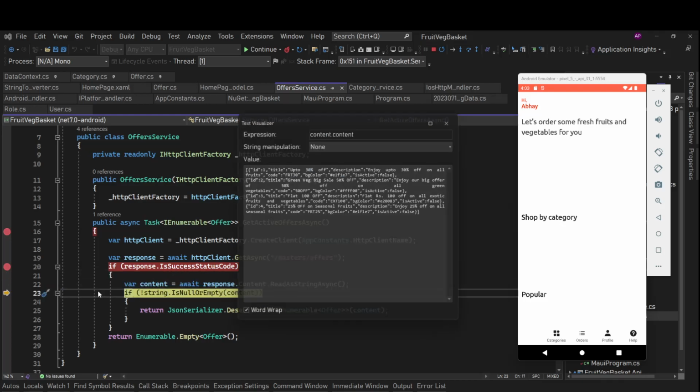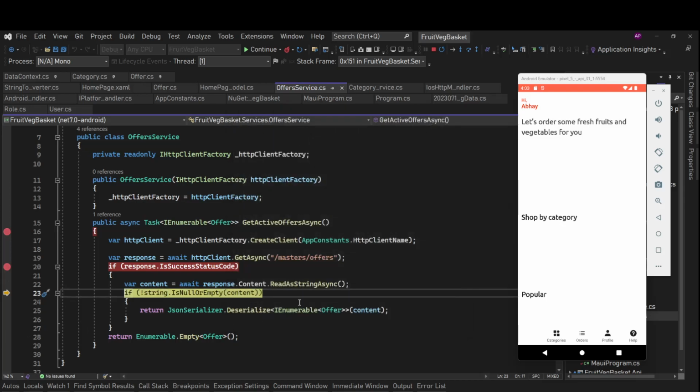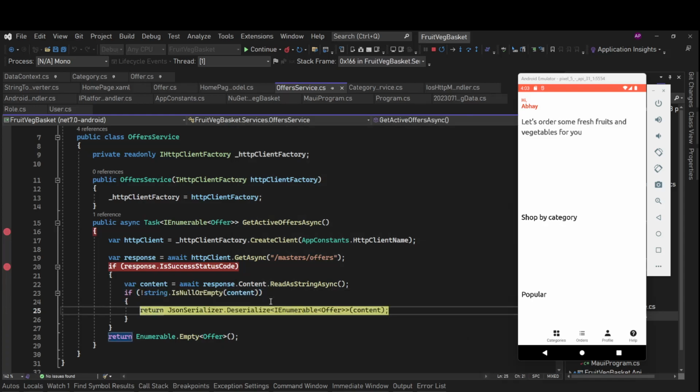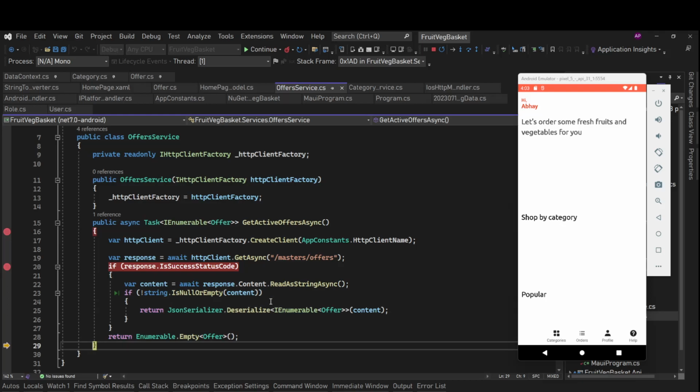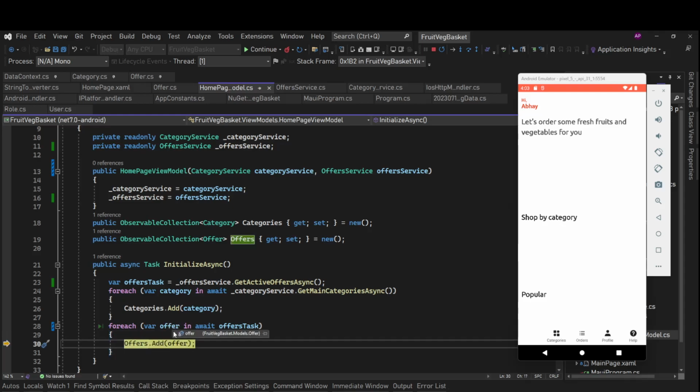And in content we can see the content, ID, title, description, where is color, BG color, we have this color. We have color for all the records, right? Then continue, continue, continue. We have this offer. Let's see what we have in offer.